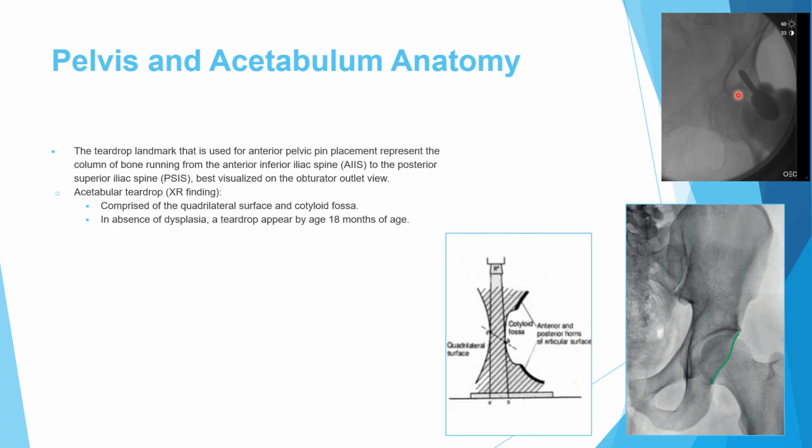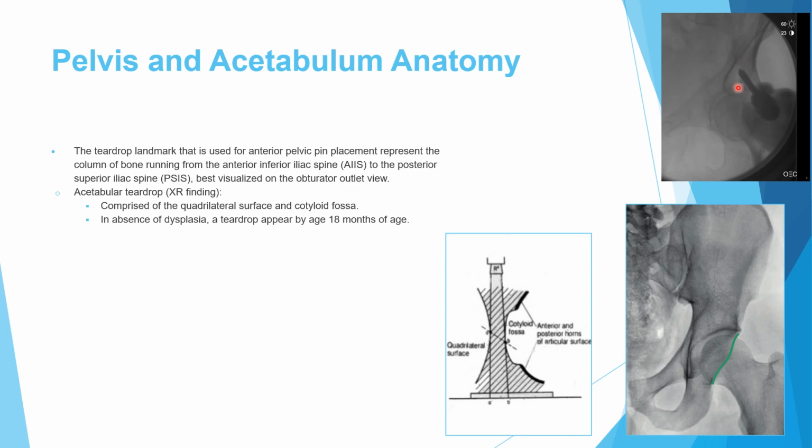Another teardrop is the corridor of the bone between the anterior inferior iliac spine and the posterior superior iliac spine. We use this corridor of bone when we put a fixation for an anterior external fixator. So if you have a pelvic fracture and you decide to put an anterior external fixator, you will put the pin from the anterior inferior iliac spine to the posterior superior iliac spine, and this corridor of bone here is called the